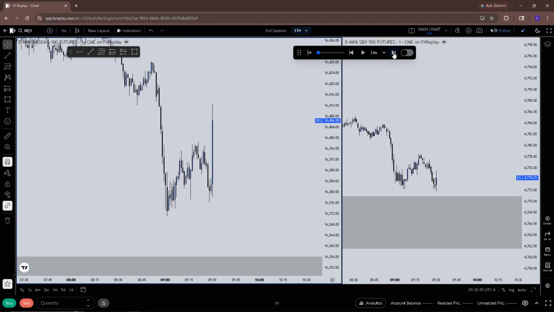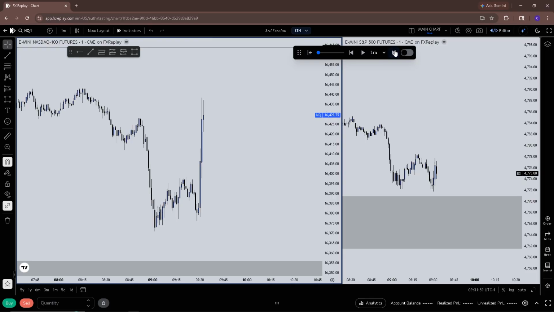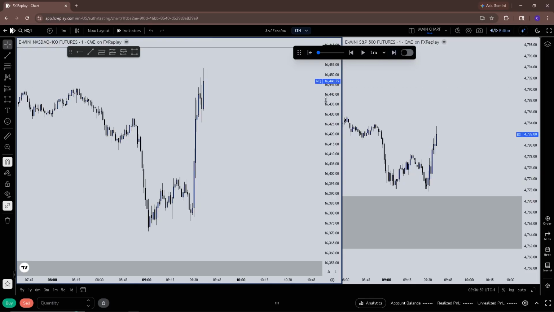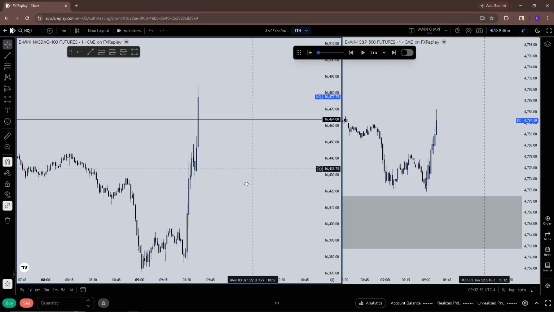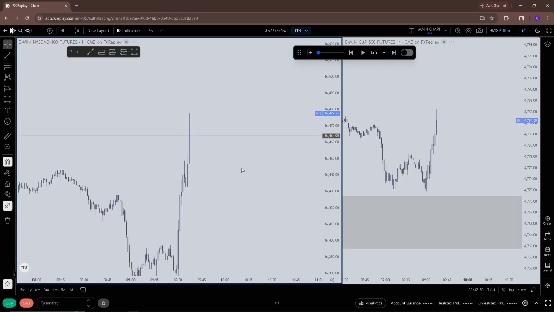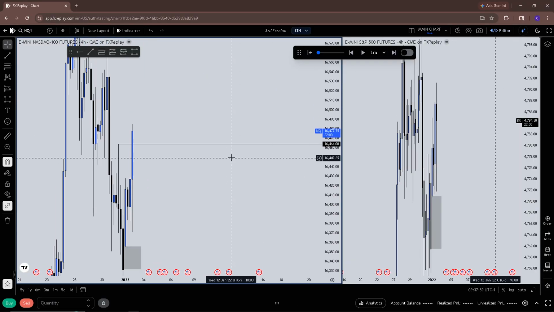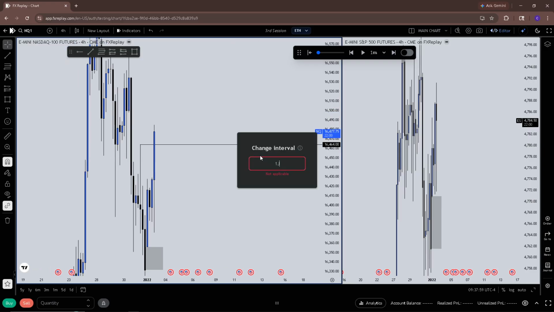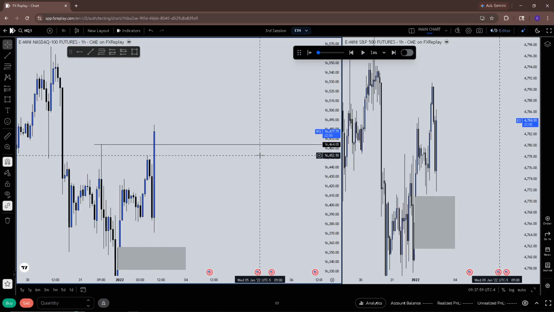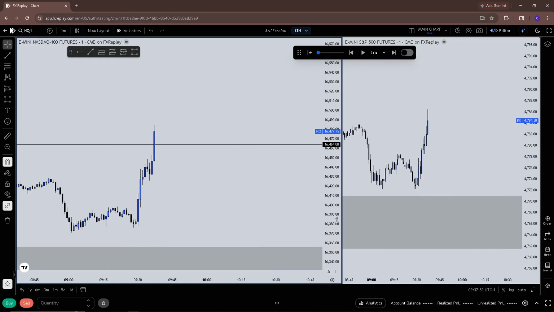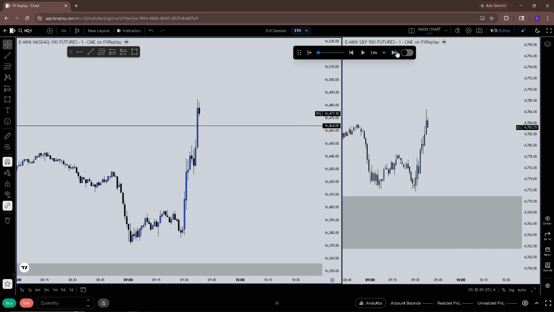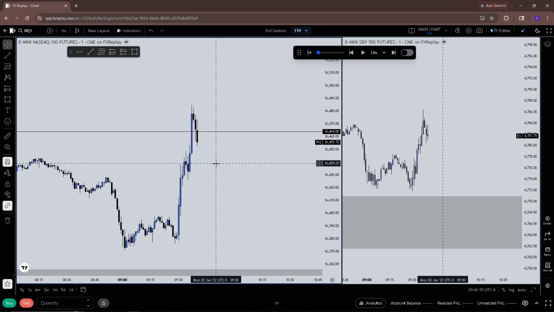Nice. Get displacement to the upside. I don't mind this. Let's take out this high. Boom. Alright. We took out this high inside this 4 hour. Perfect. This is a great place to look for shorts to the downside. 4 hour did inverse on ES, so we just got to be cautious of that. That could take continuation longs, but I really do want to see us displace to the downside through here.